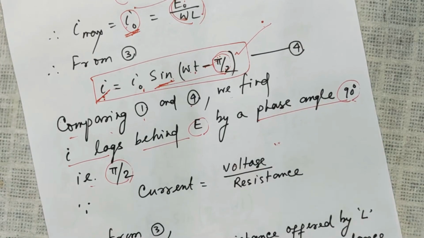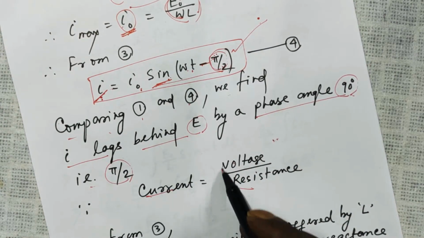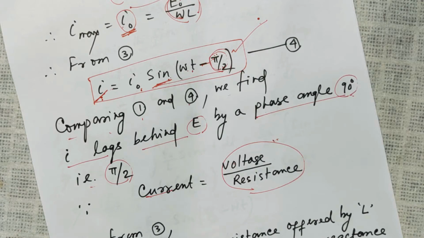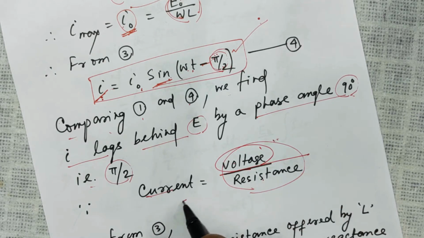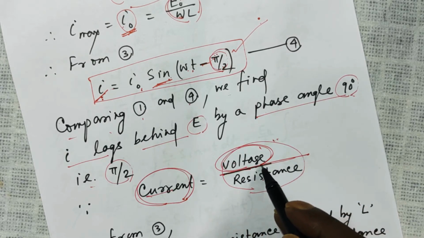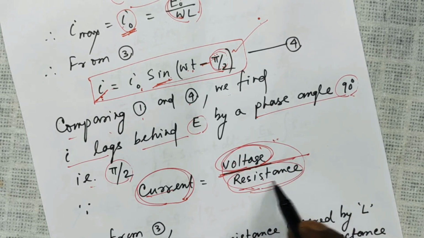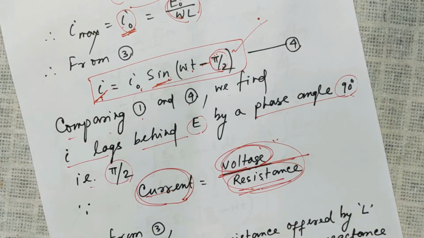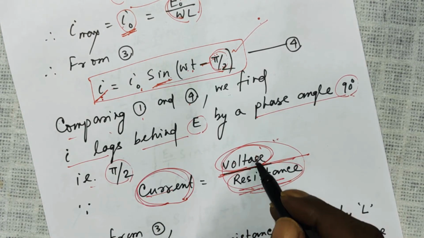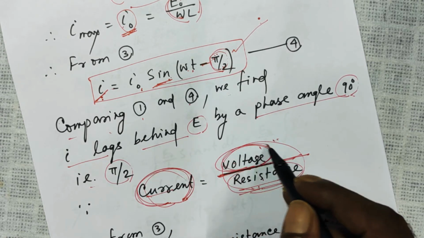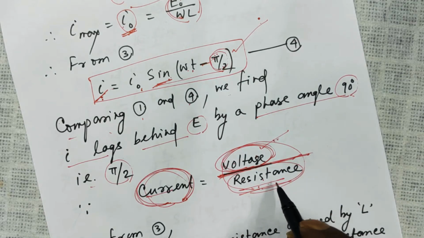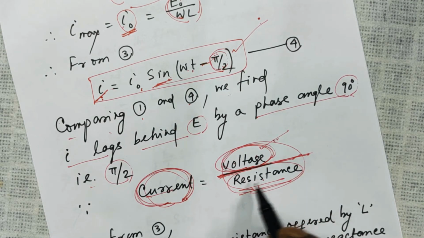Now one more important observation from this derivation. We know current is voltage over resistance. Now if there is a fraction and the numerator is voltage and this side is current, what will be in the denominator? That will be called the resistance. Try to understand this. Current is voltage over resistance. So suppose this side is current and in the numerator there is voltage, whatever is in the denominator will be called the resistance.